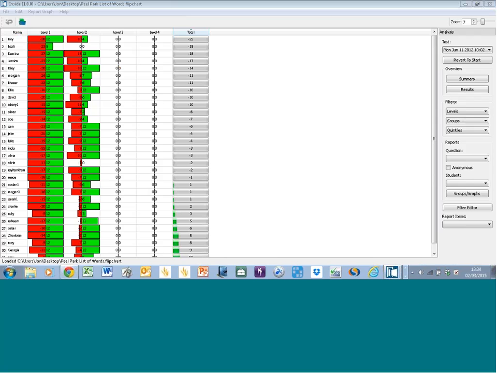As you can see, you've got a list here of users or learners down the left-hand side, and they've been taking a test. I've got at least 2 levels to the test. You can see they've got some wrong and some right, and that just gives me an overall view. The much better view is, and this is a summary view, if I go to results